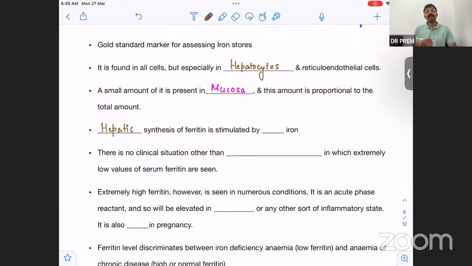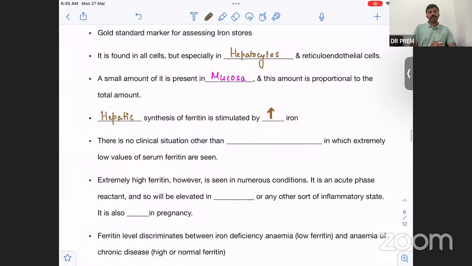And when the liver triggers the synthesis of ferritin abundantly, whenever there is more iron, in order to buffer this iron and store the iron, the liver starts synthesizing ferritin. All right. So in what condition are you going to see very, very less ferritin? You have just understood this. The ferritin synthesis is